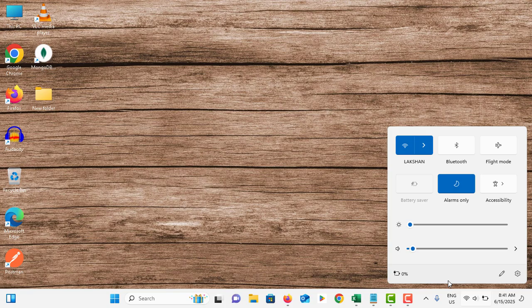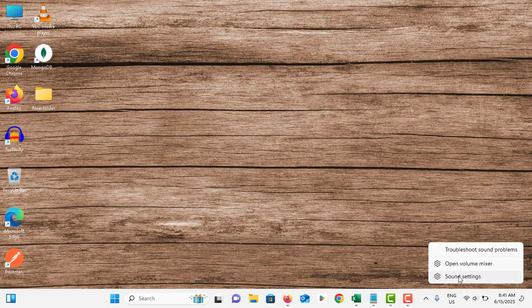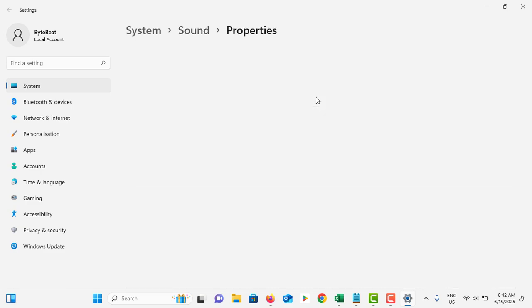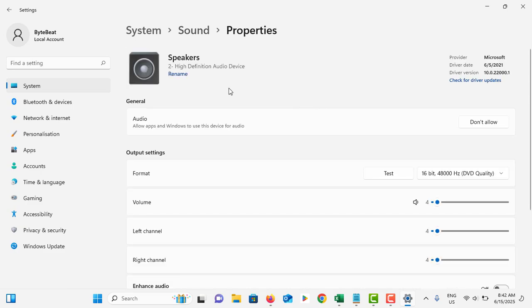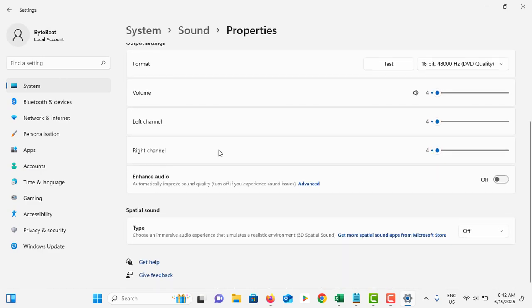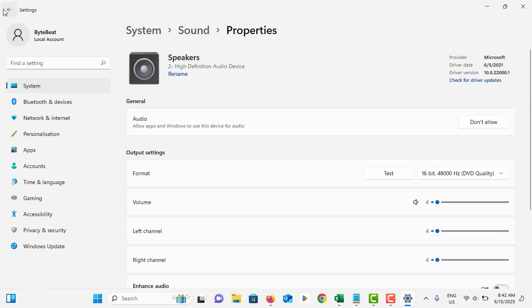Then after, right click on that sound icon, tap on the open sound settings option. In the output section, check that the output device is correctly set up. In this case, the output device is set as speakers. Make sure it is correctly set up like this. Go back,